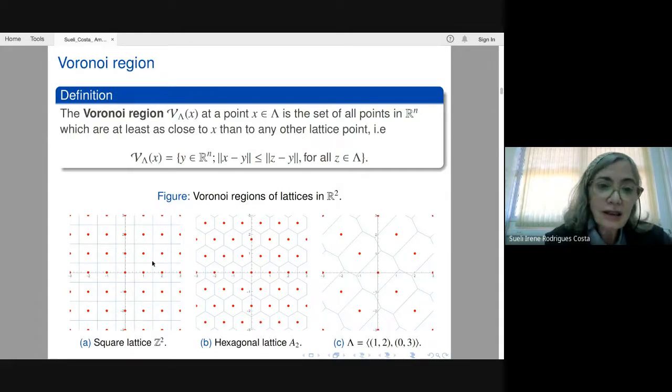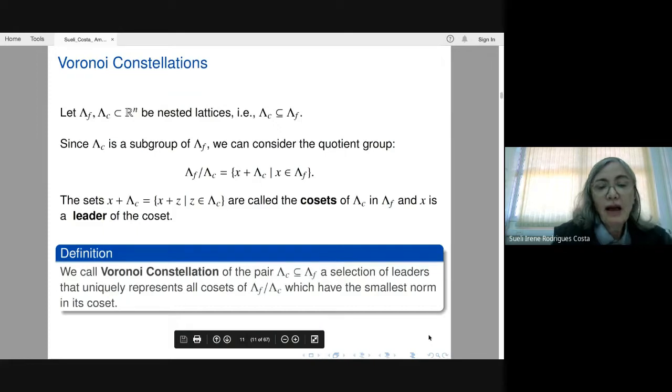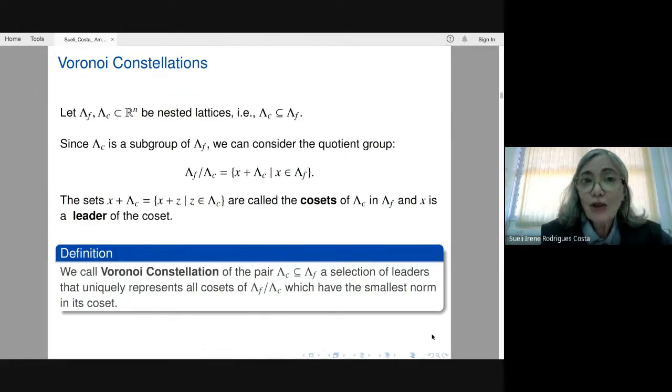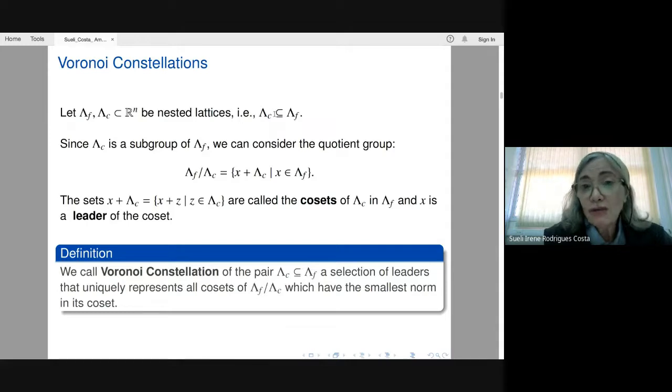And here are the Voronoi regions for the integer lattice, the hexagonal lattice, and the other lattice posed there. So, what are Voronoi constellations, which are used in communications? We consider two nested lattices, one contained in the other. And of course, since this is a commutative group, we can consider the quotient, and this will be used in